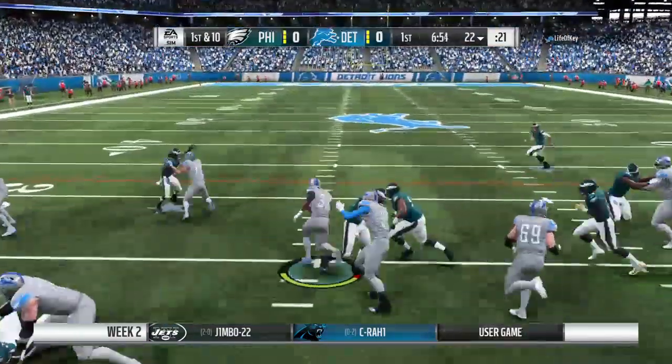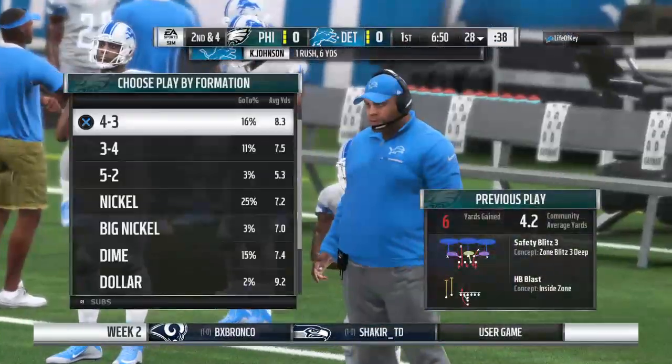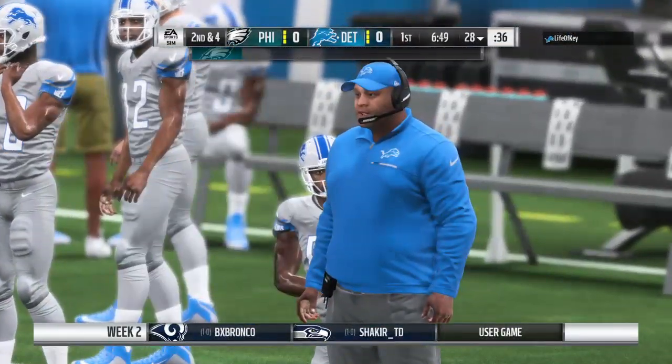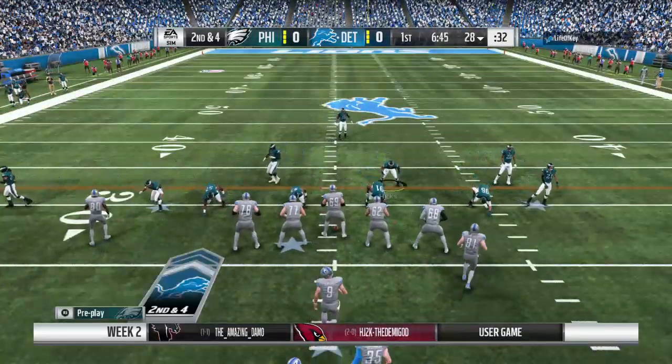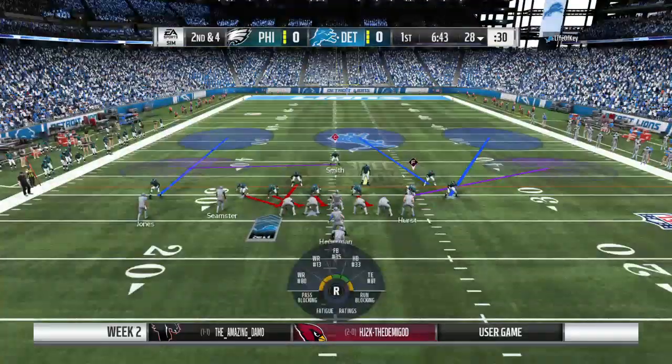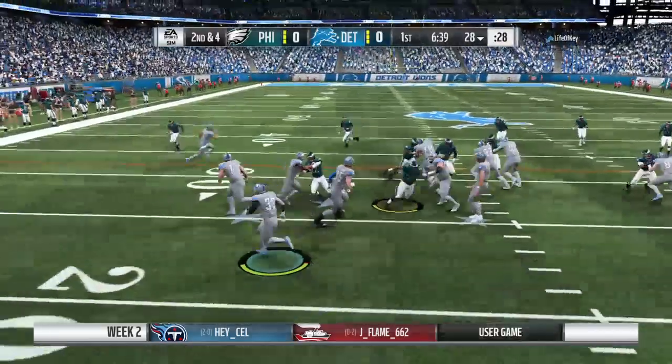The first carry now. This is Johnson. And he'll be brought down here at the 28. It's a 6-yard gain on the ground, and that'll make it 2nd and 4. Despite the blitz, they're still able to pick up a nice solid gain. The disadvantage of blitzing often alters the normal spacing and run fits and leaves creases like they were able to